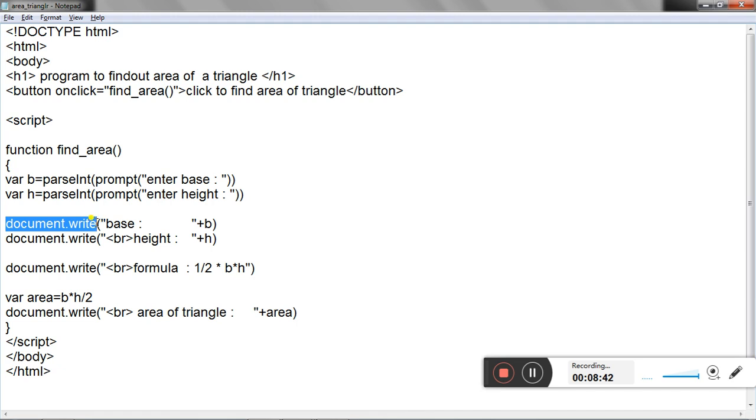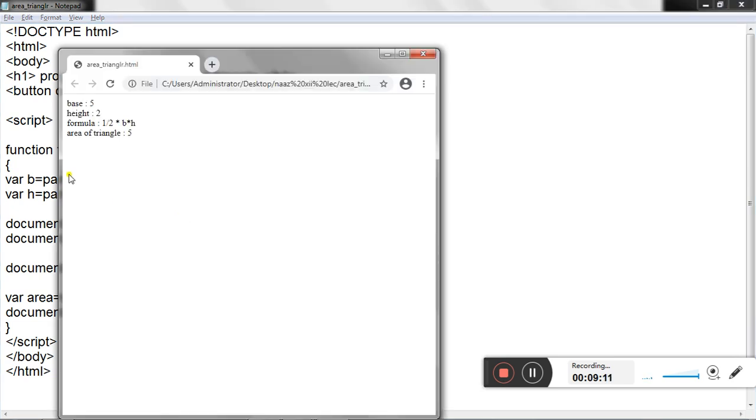Got it? Then after asking the values from the user, we are going to display those values on the screen. So to display anything on the screen, we are going to use the document.write method. Document.write, then in brackets, as it is a method, it carries an opening bracket and closing bracket. It is compulsory. So it is a method which is used to display the values on the screen. So what value are we going to display? First we will display base. This is the constant statement which is going to display "base", right? And after base, the value of base entered by the user.